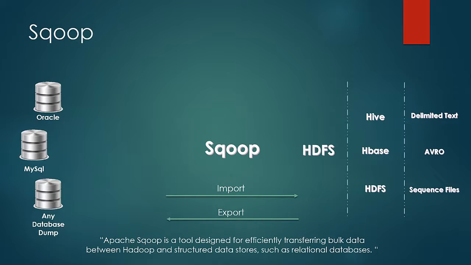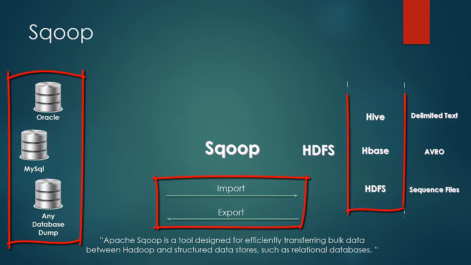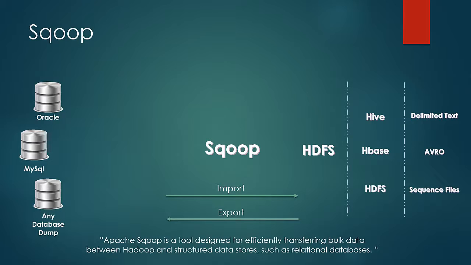In Sqoop, we just specify the command to tell Sqoop the direction of the movement of data, the source of the data, the destination of the data, and the format in which it is to be copied. So if you understand this diagram here on your screen, you would automatically understand all the commands possible in Sqoop and what functions you can perform with Sqoop, and you can form all the Sqoop commands automatically.